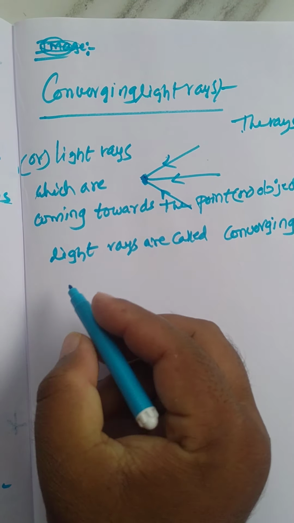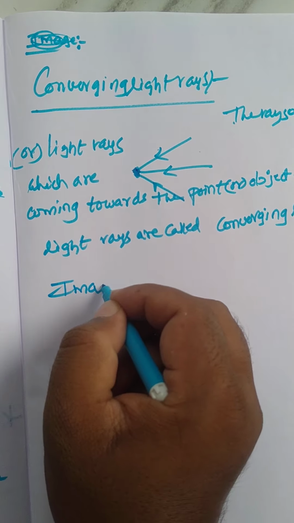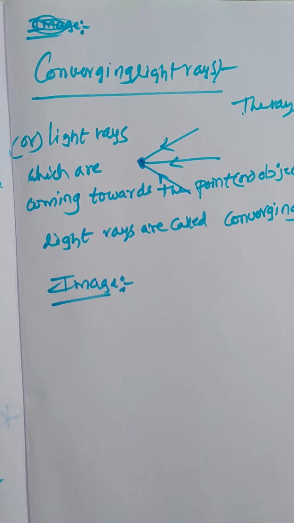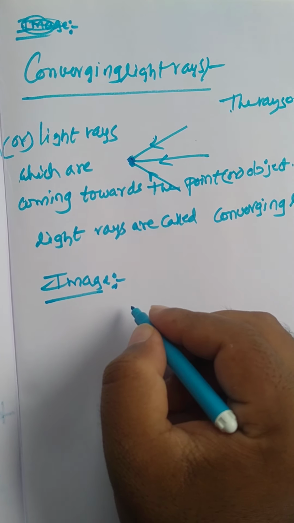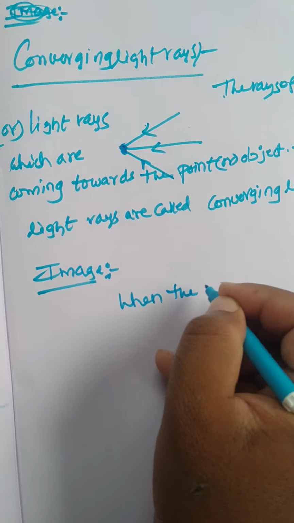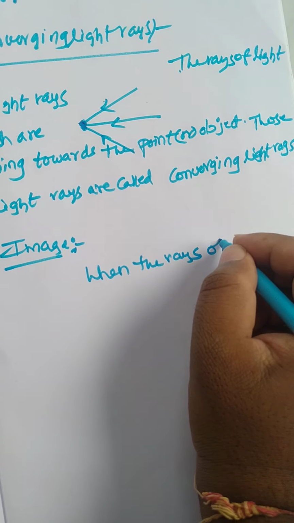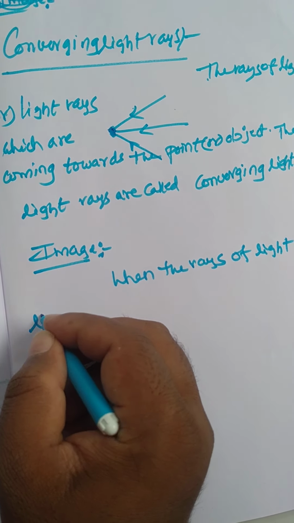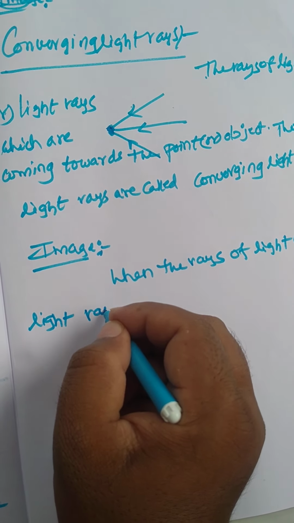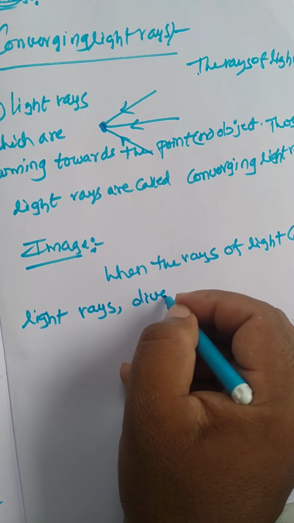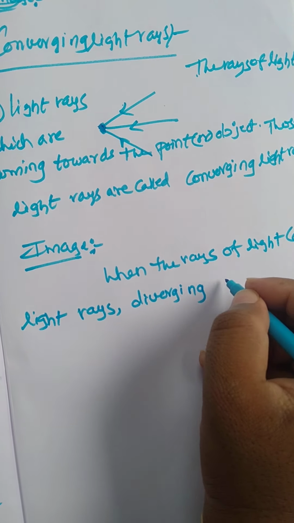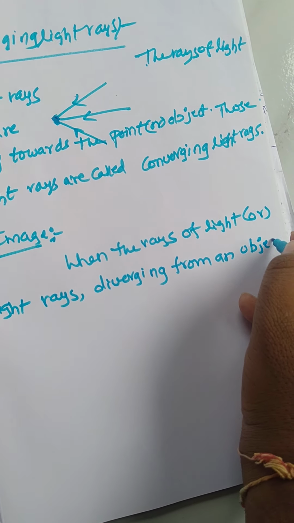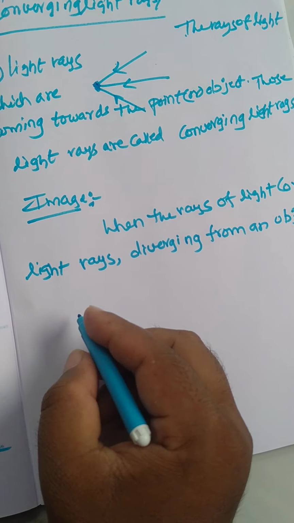Now I am going to discuss image and types of images. So what do we mean by image? Image means when the rays of light, or light rays, diverging from an object